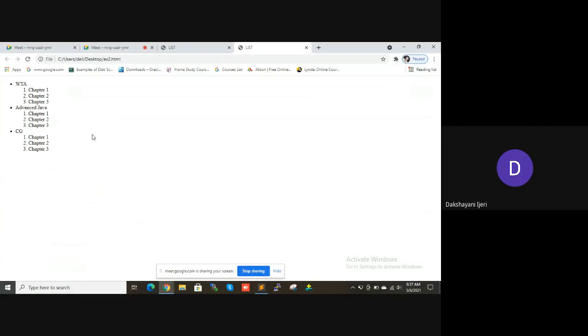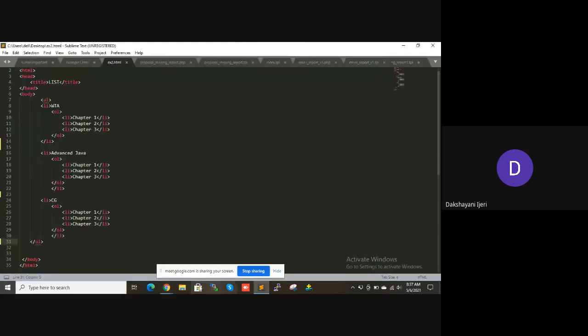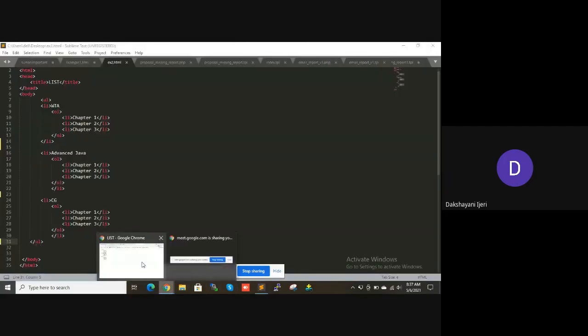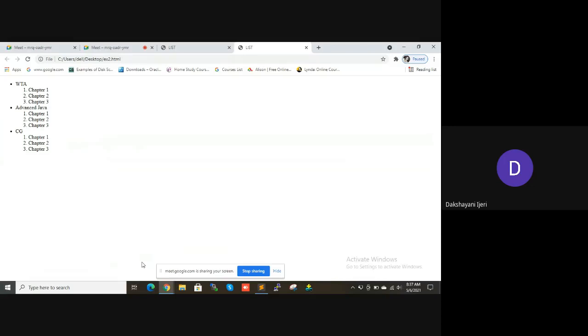Okay. So now you can see that it belongs to the same list. Did you observe something in the output? Did you observe some difference in the output? Not only you, every one of you. Those who are seeing here, has anyone observed what difference you got once we have removed all those separate ULs? Spaces. Yes, ma'am, spaces.